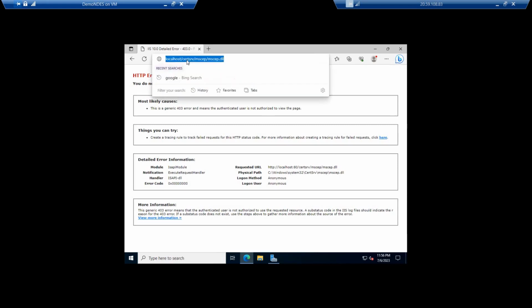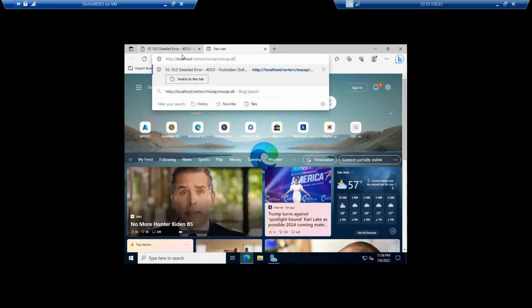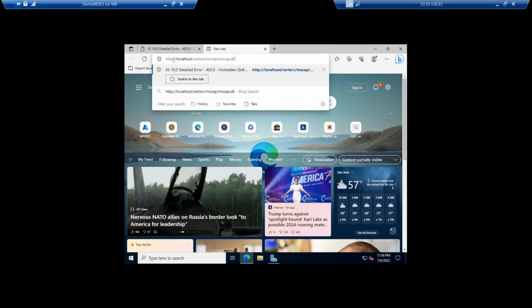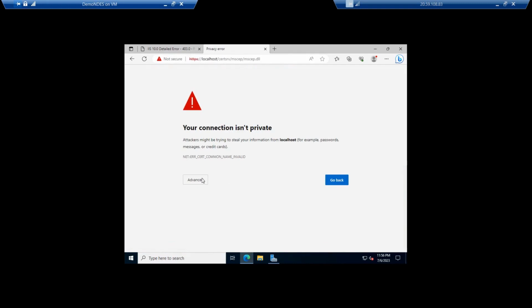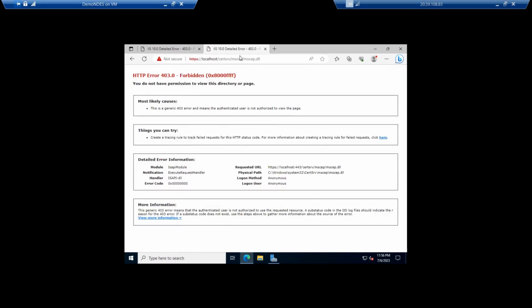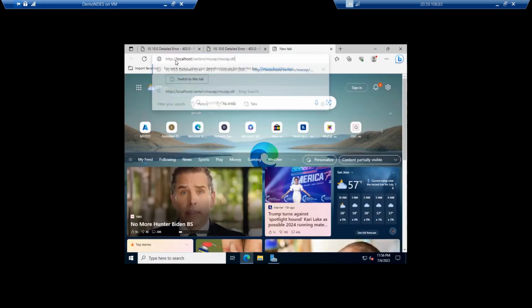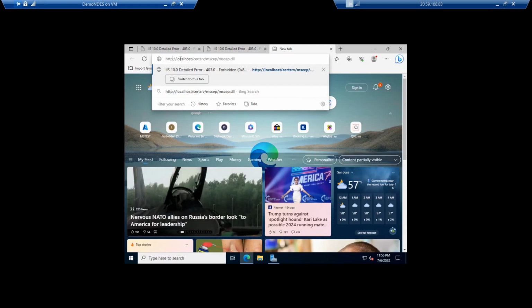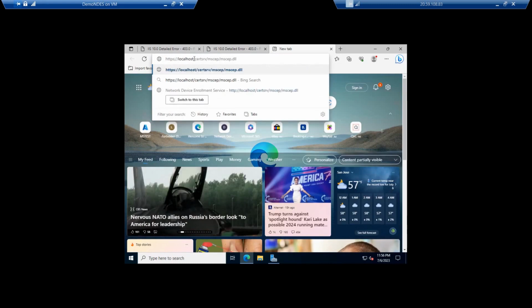And now the same thing should work on HTTPS as well, since we have the SSL certificate in place. So let me put in HTTPS and then advanced and then continue, and you see the same thing. The same thing should work with HTTPS and the FQDN of the server,